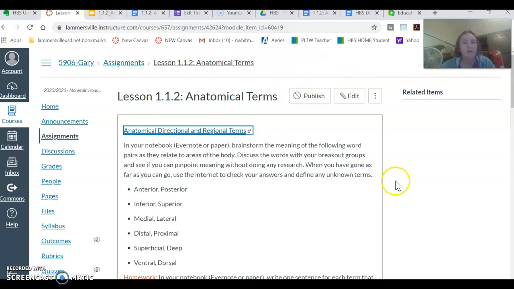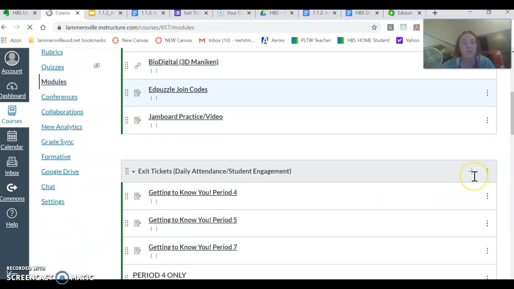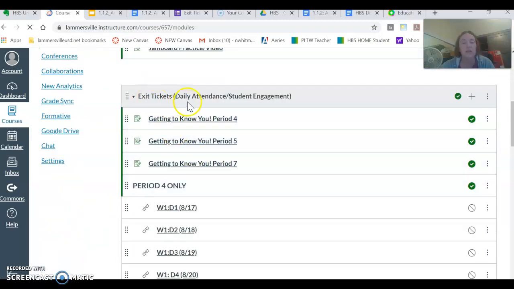The final thing I wanted to make sure to mention is that we are required to keep track of who is participating and who is not in our classes every day. So every day, whether you're in class with me or working at home, you're going to have an exit ticket to do. Your exit ticket is based on what period you're in. If we go back to the modules in Canvas, you'll see, and they're not posted yet for you, that there's an exit ticket daily attendance student engagement